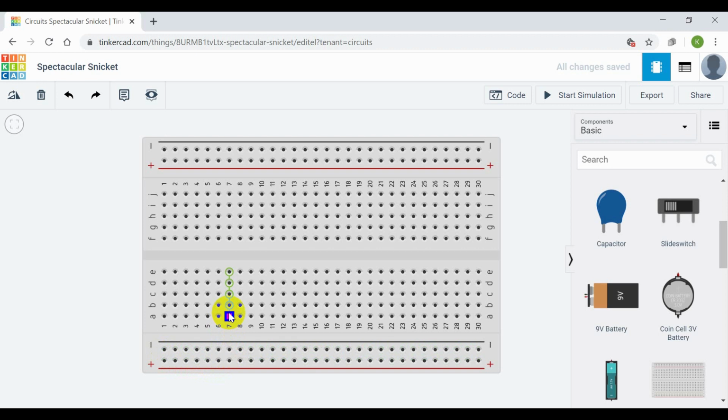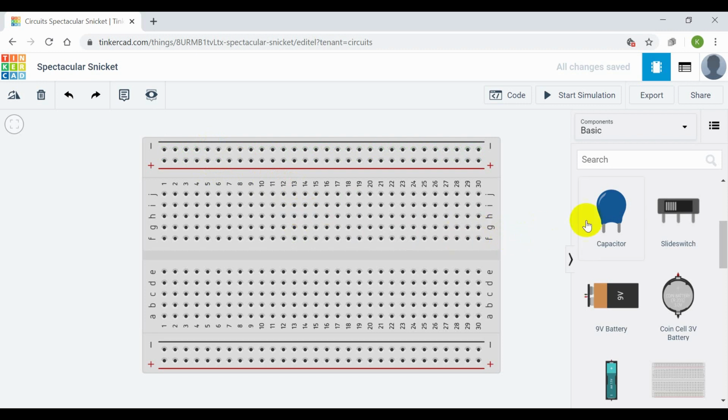Here if you check, it is column wise. You can see the highlight of the green color. Any column, all are shorted, means you can connect the components anywhere and you will get the same value. It is column wise. Here also it is column wise. Here you can see it is row wise. It is a breadboard used to design and test any small electronic circuits.